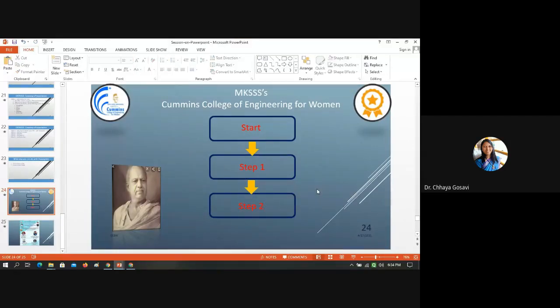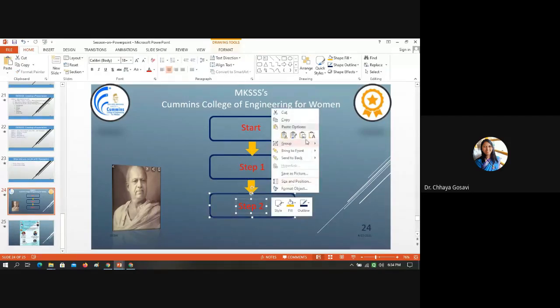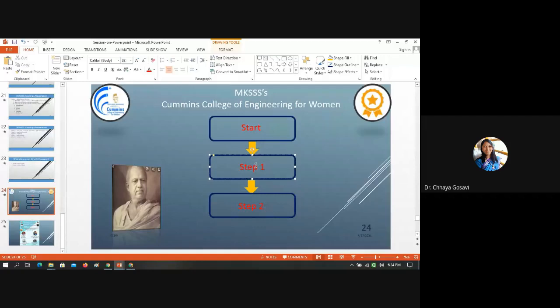Now what I want to show is I want to animate this figure so that it will come first. Start will come first from the top, this box. So start and this text box, I'm making a group. Similarly, step 1, this is part of this text box. So make a group. This is already a group. So first the start box should appear and it should appear from the top.